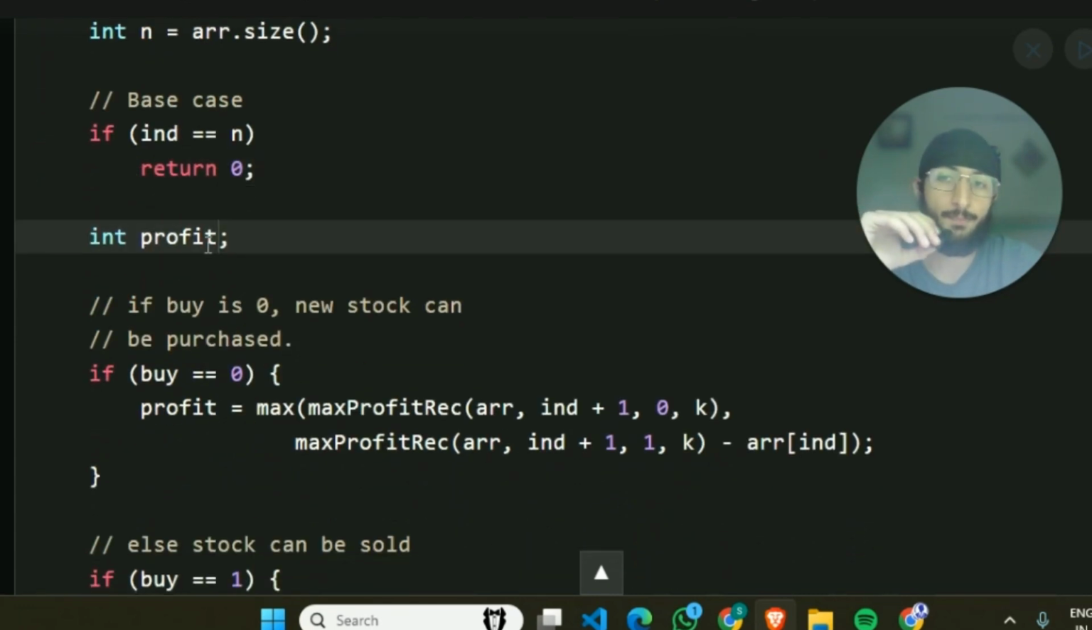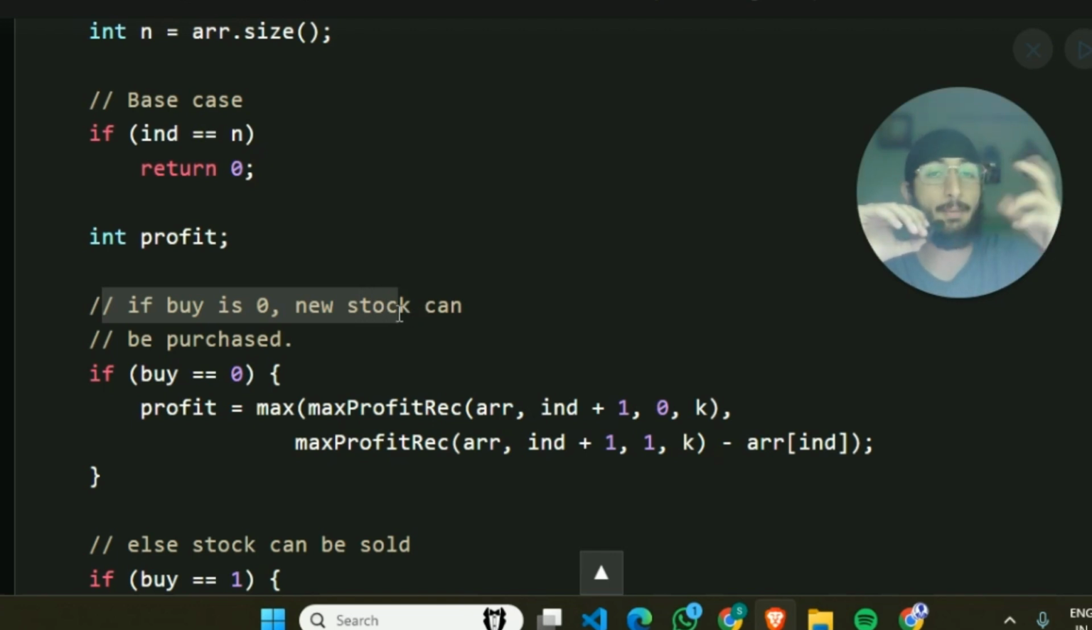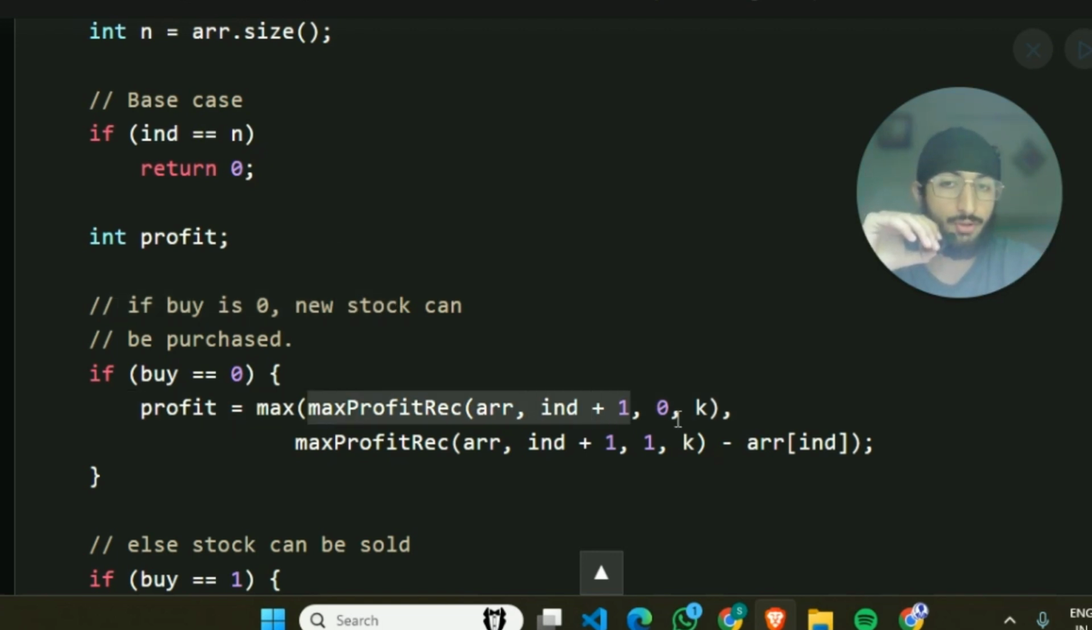And we set the profit. If buy is 0, that means if we can purchase a new stock, a new stock can be bought here. So if buy is 0, we get profit is equal to the maximum of, we call the recursive function maxProfit recursion